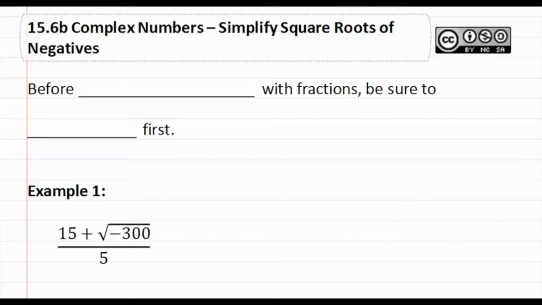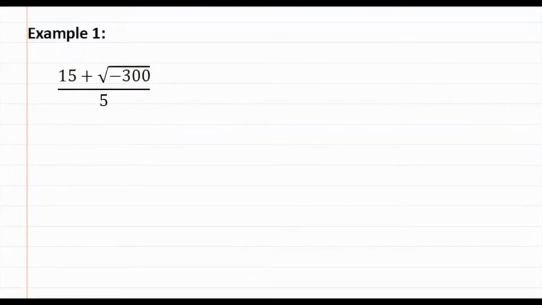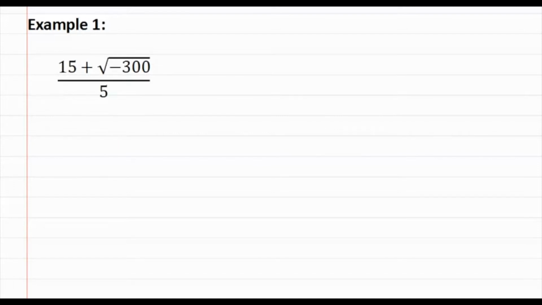Complex numbers. Simplify square roots of negatives. Before we reduce with fractions, we have to be sure to factor first. Let's see how this applies in example 1. As you can see in example 1, we need to start by simplifying the radical, as you always do this